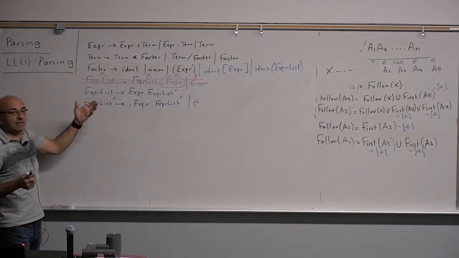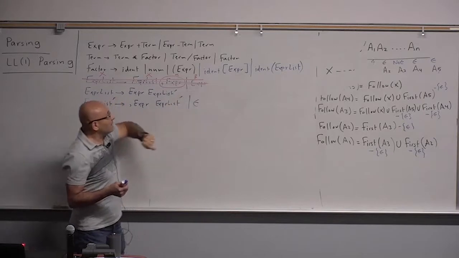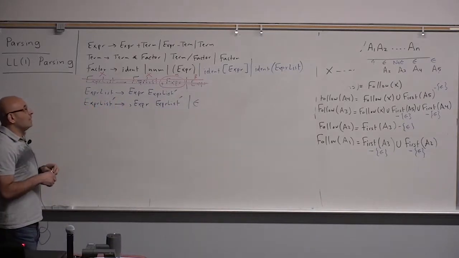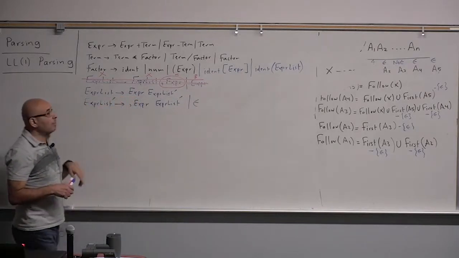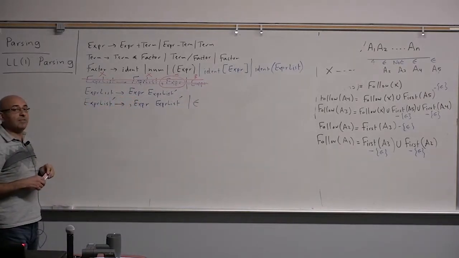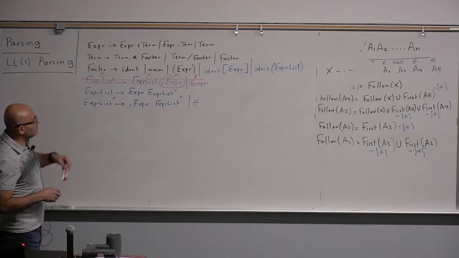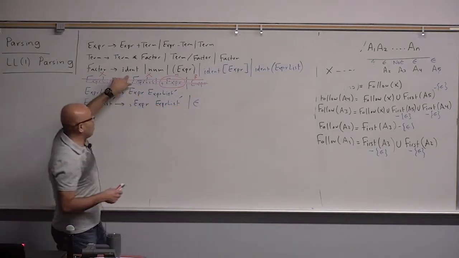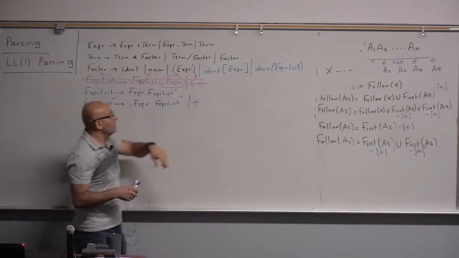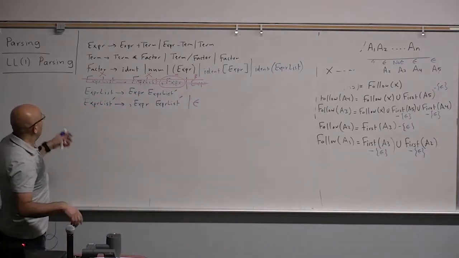The intersection is obviously not phi. But this is a kind of intersection that we can easily eliminate by doing what we call left factoring, which is like factoring in math. So this is a common factor, right? So we can transform this